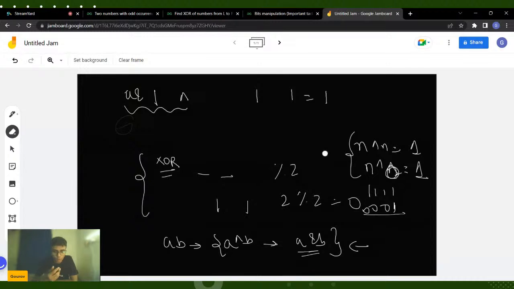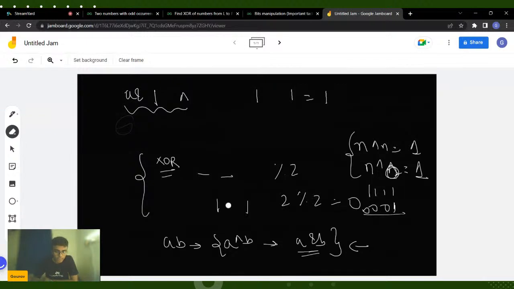So what will happen if you XOR a particular number n with 0? You can do the same operation here. Put the number in bits, and 0 will be equivalent to all the bit positions occupied with 0. Try to do the XOR, and you will see the result. n XOR 0 will be equal to n. Yes. So these are the two important properties that I wanted to highlight: whenever you XOR two numbers which are the same, the answer is 0, and if you XOR any number with 0, the answer is equal to n. Okay, so this was about the XOR properties.